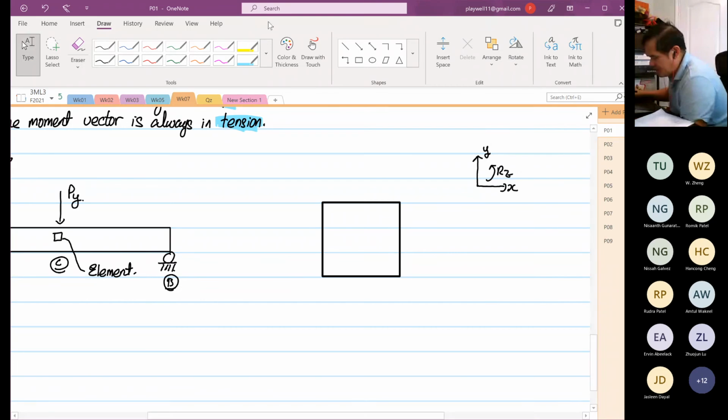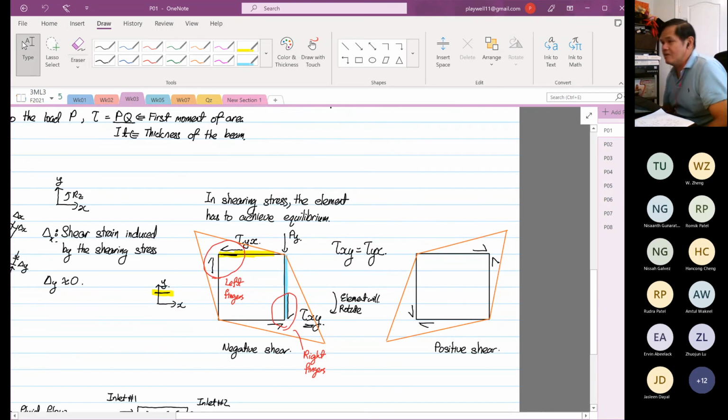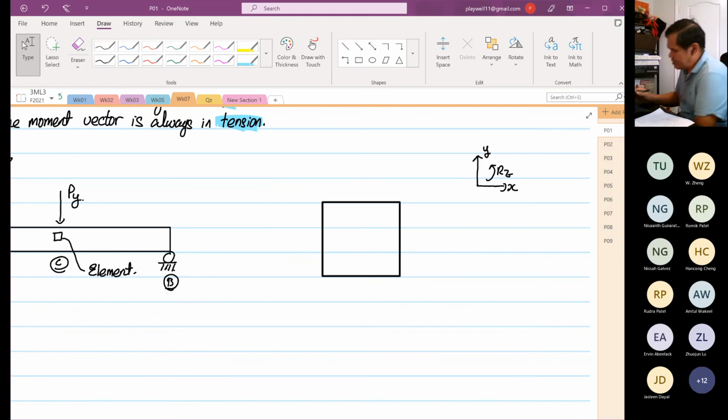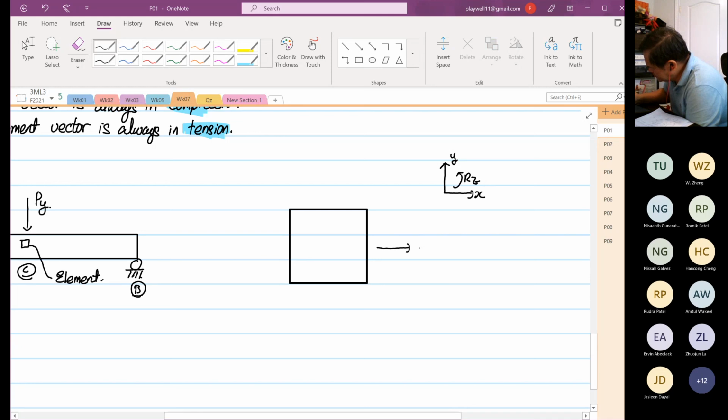I think we've seen an element before. I think I did draw it. Let me try to recall. Yes, see, we drew an element before in our week 3. So you guys know what an element is. So from here, we are trying to find stress X. Stress X is in this direction. This is stress X, right? And this is our stress